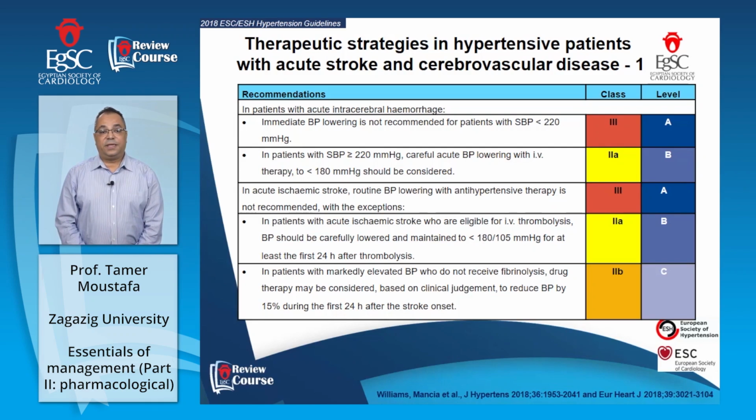class 2A. In acute ischemic stroke, routine blood pressure lowering with antihypertensive therapy is not recommended, with exceptions. This is class C. In patients with acute ischemic stroke who are eligible for intravenous thrombolysis, blood pressure should be carefully lowered and maintained to be less than 180 over 105 for at least the first 24 hours after thrombolysis, and